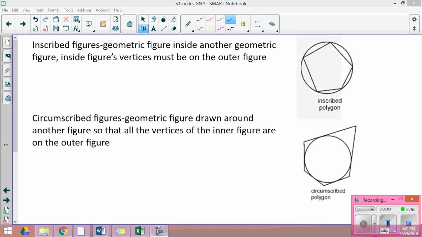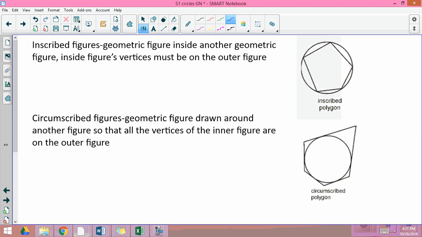So we continue this lesson with a couple more terms. So we can talk about an inscribed figure and circumscribed figures. And literally, inscribed means a geometric figure inside another figure. The inside figure's vertices must all touch. And some really unique things will begin to happen. The reverse is a geometric figure drawn around another figure so that all the vertices of the inner figure are